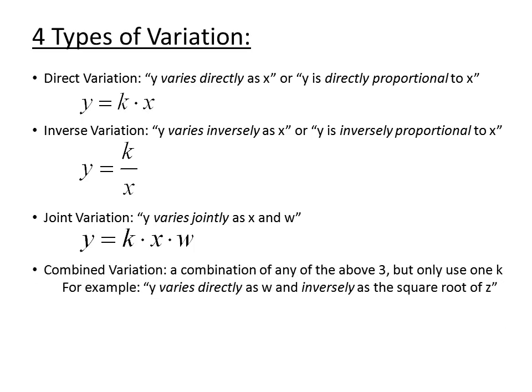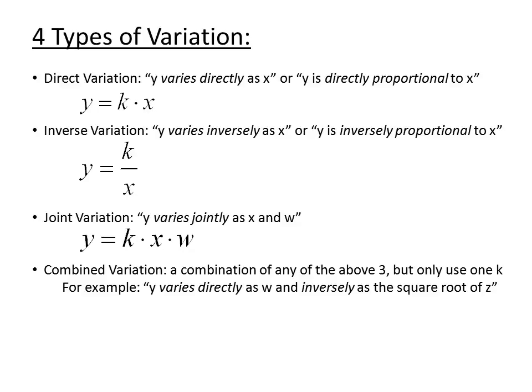The last variation doesn't really have its own operations that go with it. It's combined variation, and this is just a combination of any of the above 3, direct, inverse, or joint variation, but we only use one k. We're setting up just one equation with potentially multiple types of variation in it, but it's only one k value that we use. For example, we may see y varies directly as w and inversely as the square root of